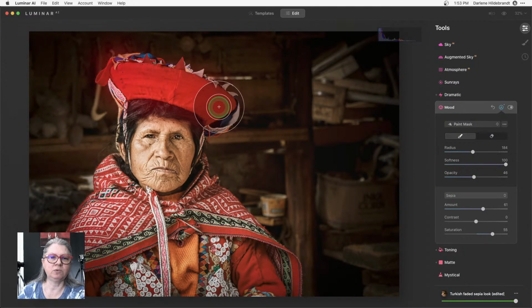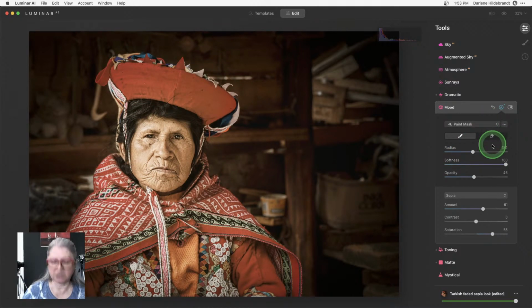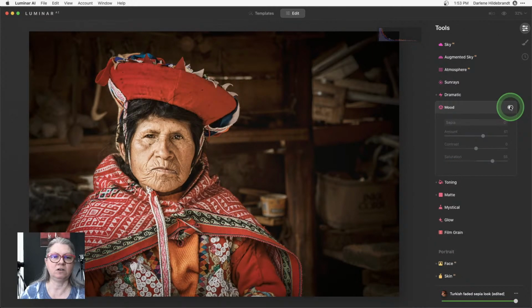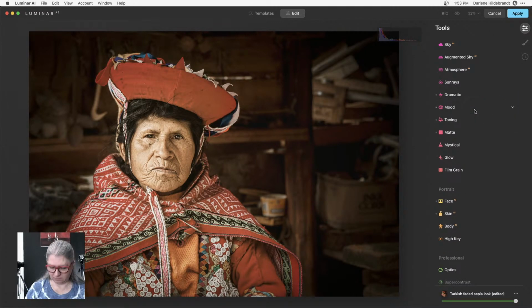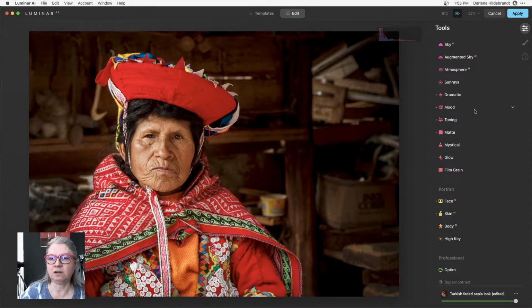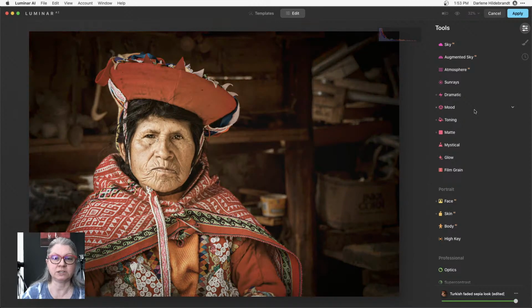I want a little bit more color in her hat, in her outfit, and a little bit more skin color. Now I've masked it so that it's applying less on her than on the background. So a couple of clicks literally, a template and a couple of adjustments, and I'm happy with that.